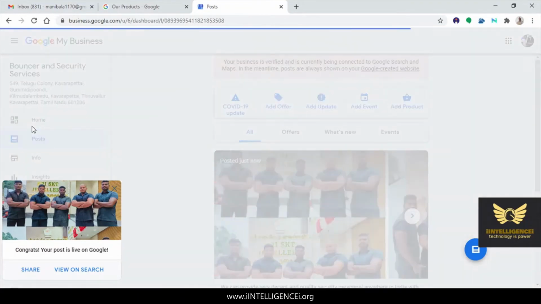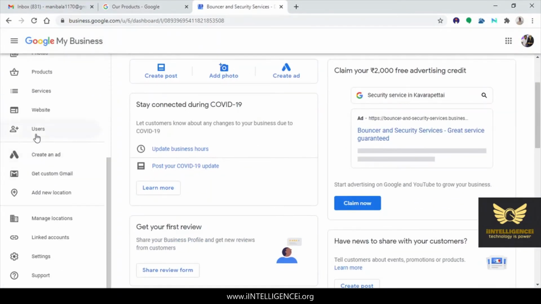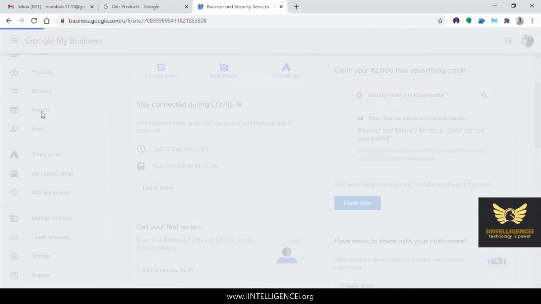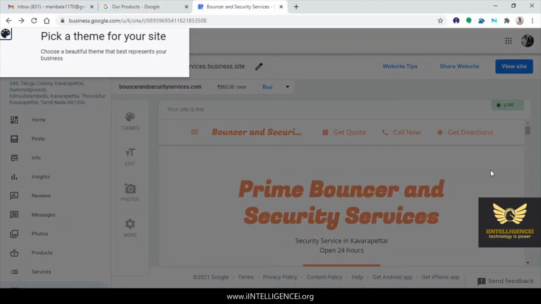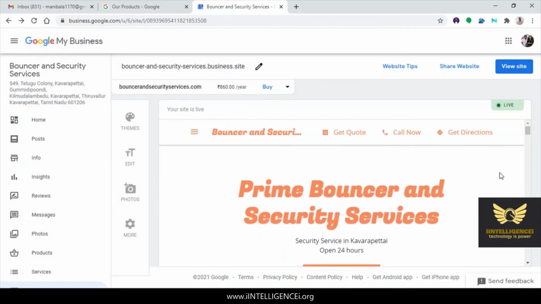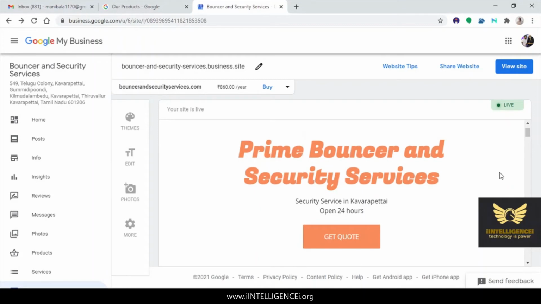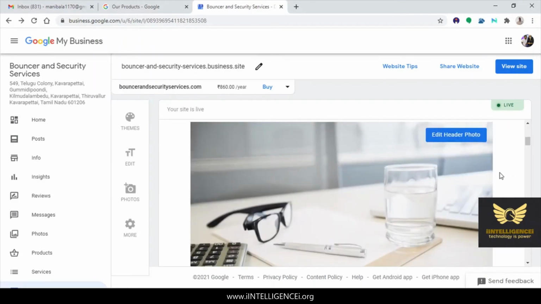We'll go to home, go to site, website. This is the header. We need to edit the header. Just click that button.